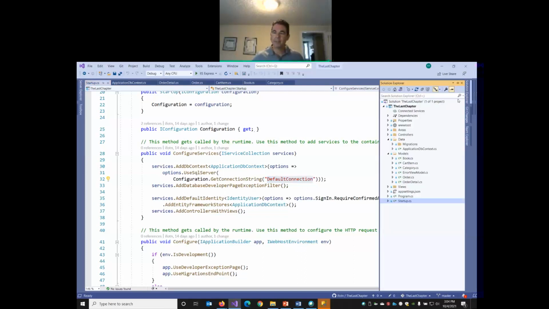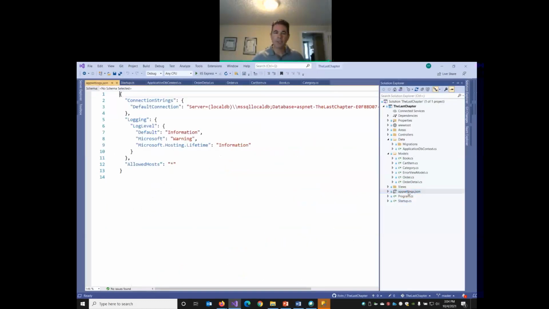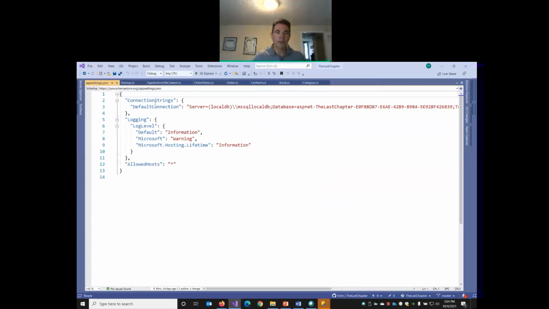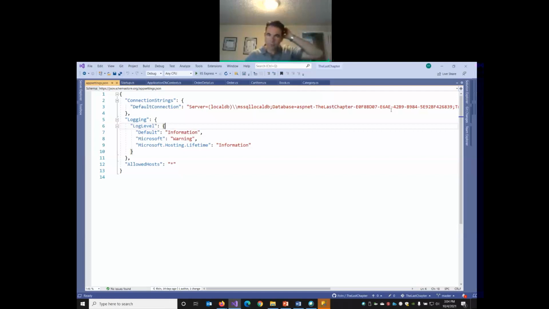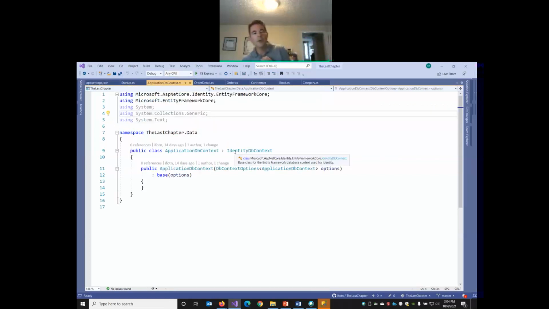Where do we find that? That's in our appsettings.json file. Right now on line 3, it has a connection string called DefaultConnection, and it points to an in-memory database that got created when we set up our project. We're not going to use this. We're going to be modifying this in a couple minutes. But we do need first to make a change in this ApplicationDbContext. So in here,